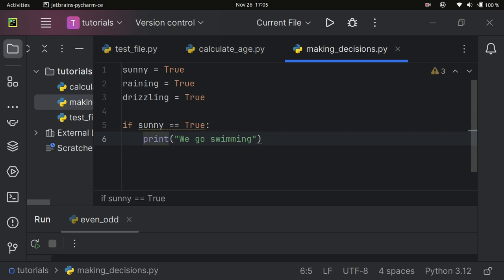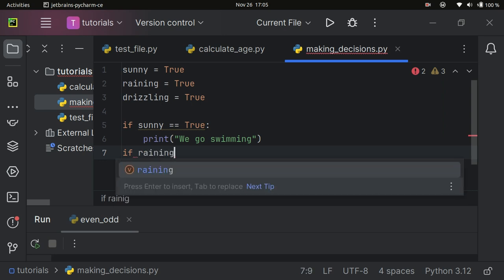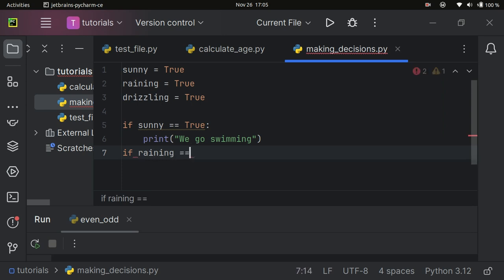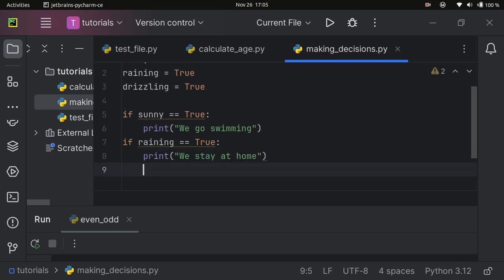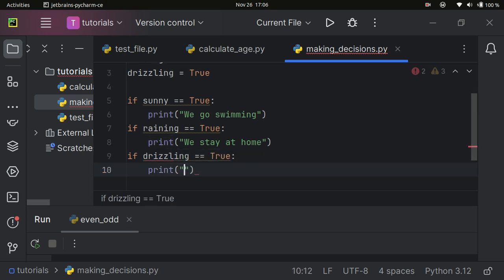Then I'll go ahead to write another if condition. If it's raining, rainy equal to True. At the end of an if conditional statement, put your colon, not semicolon, a colon. I will go ahead to say print we stay at home. Then I'll write another if: if drizzling is equal to True, I'll say print we